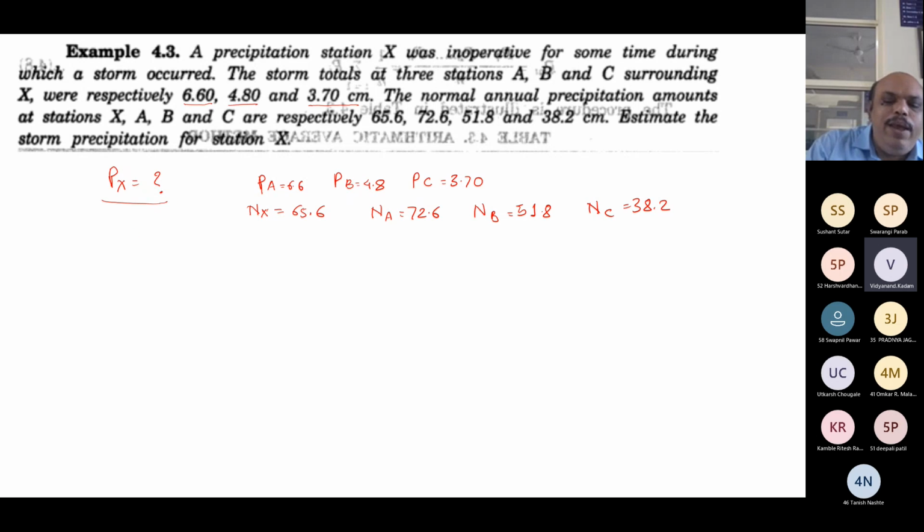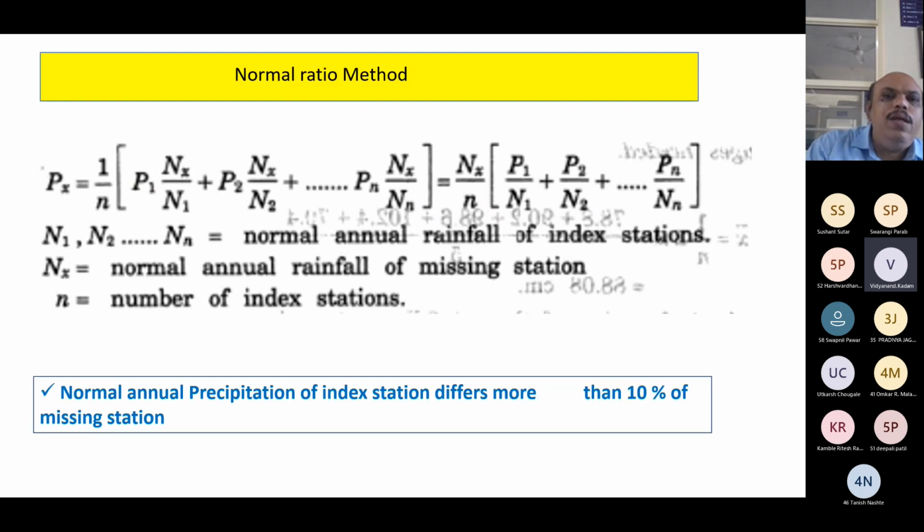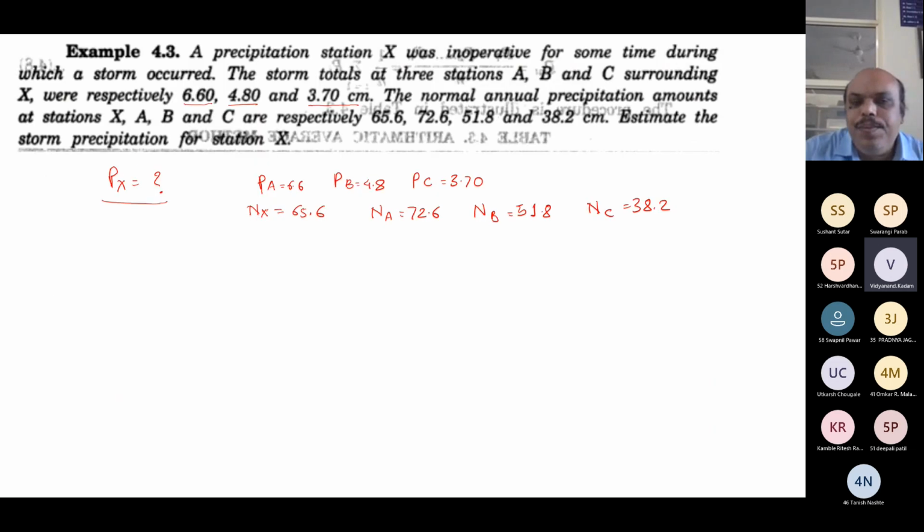So now we know that here we can use this normal ratio method. Formula for normal ratio method is Nx upon n into bracket P1 upon N1 plus P2 upon N2. So let us write the formula. Px is equal to Nx upon small n into, now instead of N1 we have to write Nx what